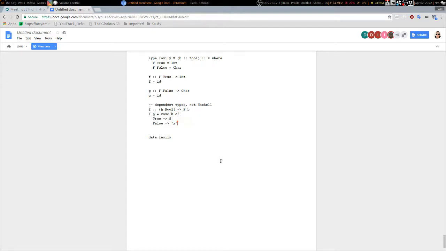We can call f on some existing type level values. We can apply f to true or f to false, but this is not dependent types, because those true and those false, they don't come from terms. They are not runtime values. They are not input to our term level functions. So